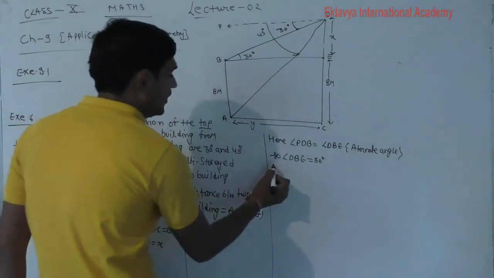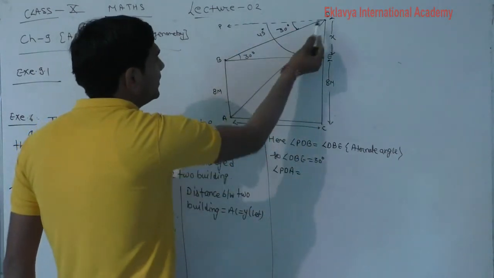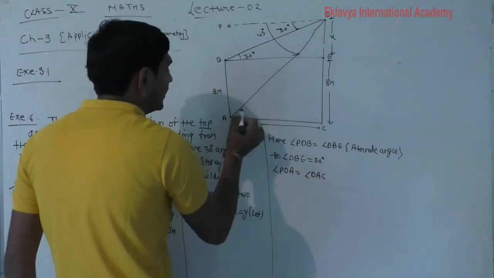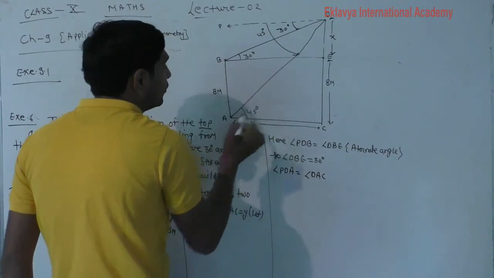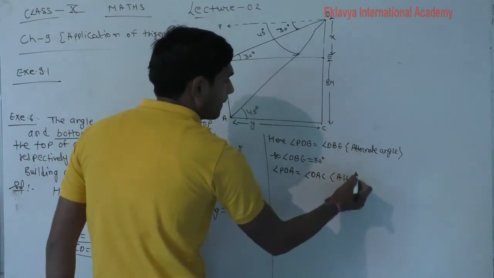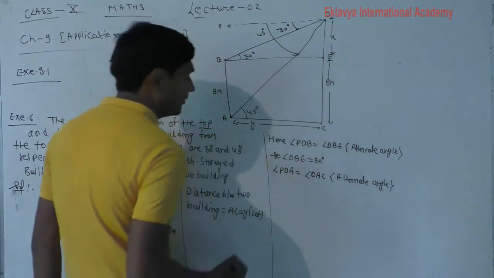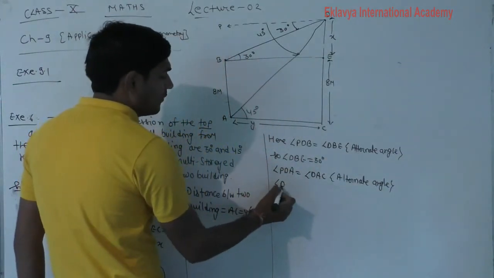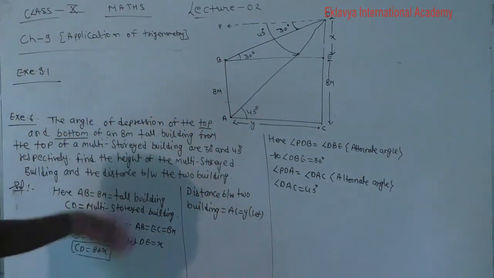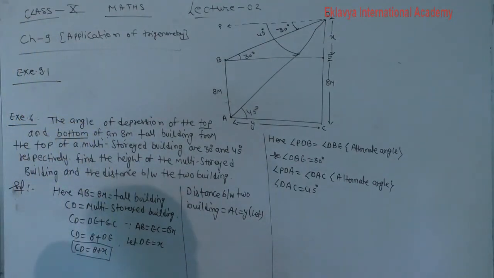Second, students, angle PDA is equal to angle DAC. So that is 45. That angle is also 45. Same reason, that is alternate angle. So what is the value of angle DAC here? Also 45. Now the same concept we will use here that we already discussed in the angle of elevation.